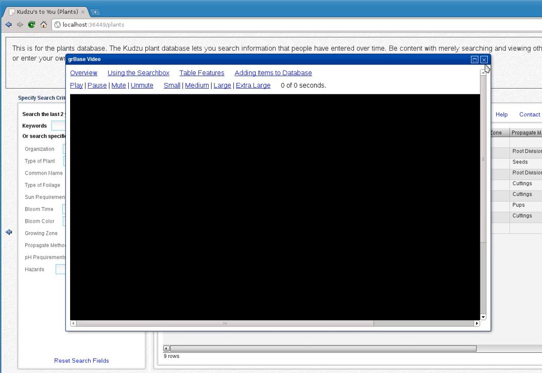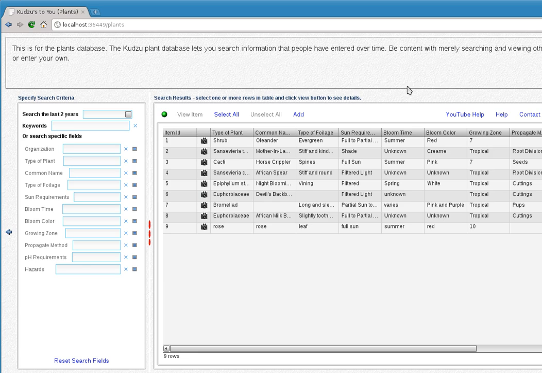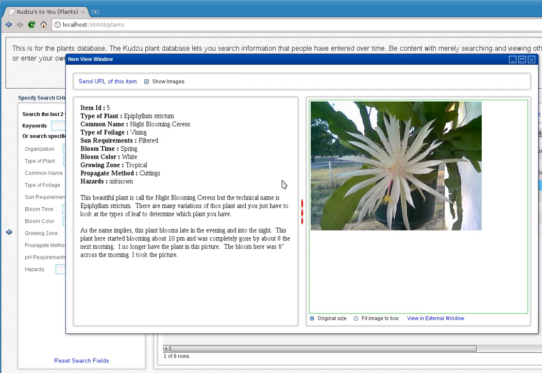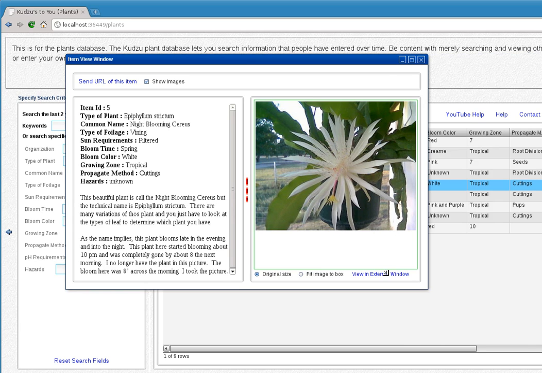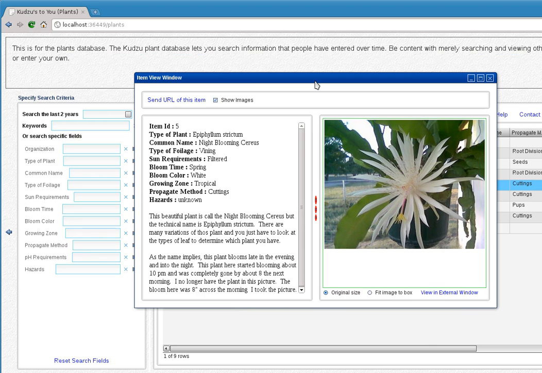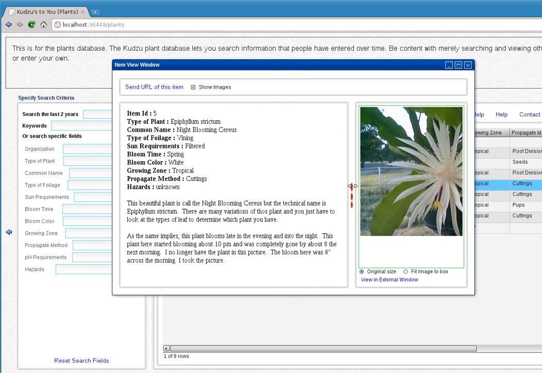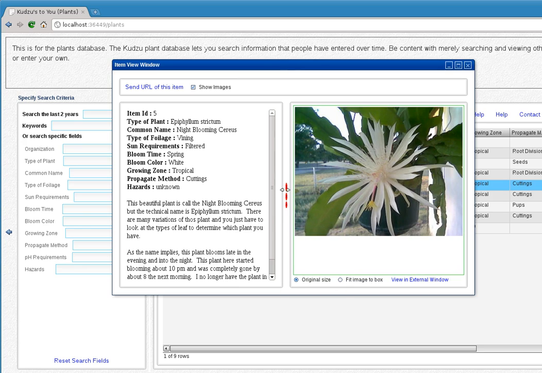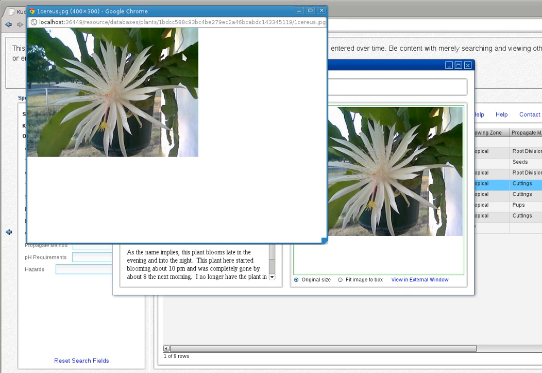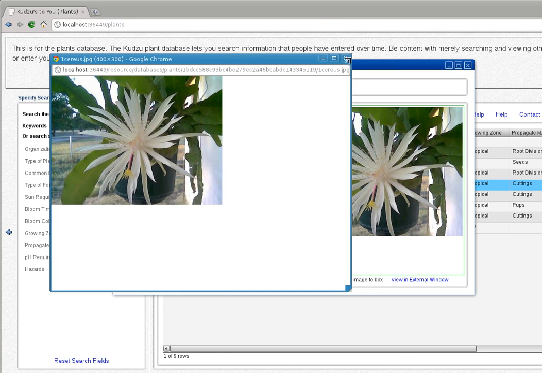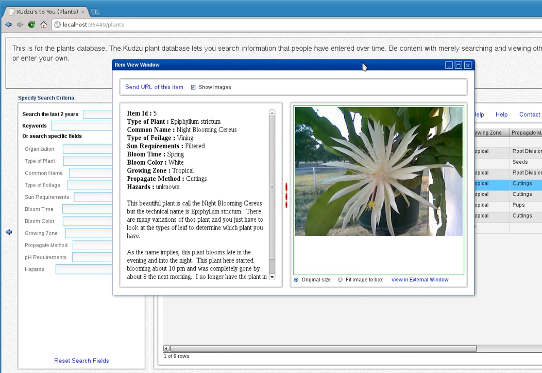So everything's driven by windows, so you can resize windows. For example, when we have a window, we can go down here and grab the edge. We can make it smaller. We can move it around anywhere we want by dragging it by the title bar. We can use a splitter to resize the different sides that we want to look at. You can view the image in an external window also if you want to, and it brings up an external window. So there's a lot of stuff that it does do,